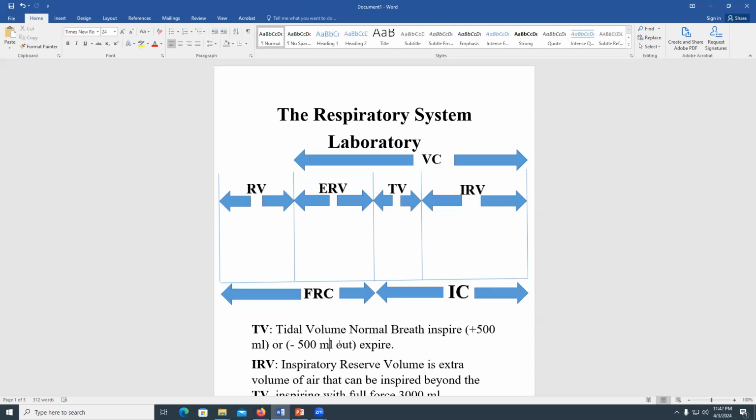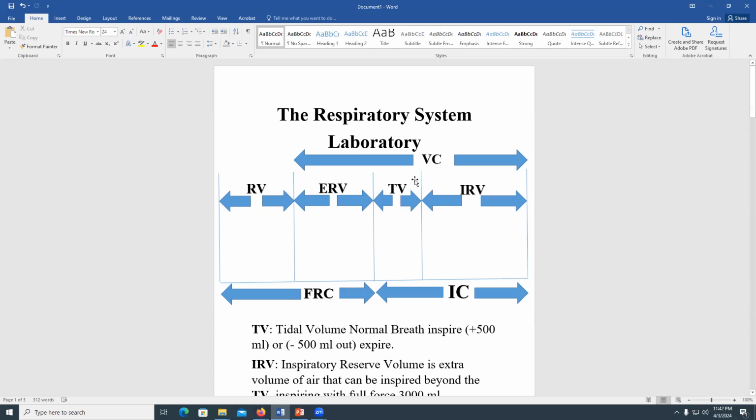You cannot add 500 milliliters of air going into the lungs and then add 500 milliliters of air that are leaving the lung. That doesn't make sense. So it's either or. That's why it has the absolute value. The tidal volume has an absolute value of 500 milliliters. So that's the tidal volume. I go up 500 milliliters of air coming into my lungs, and I go back minus 500 milliliters of air